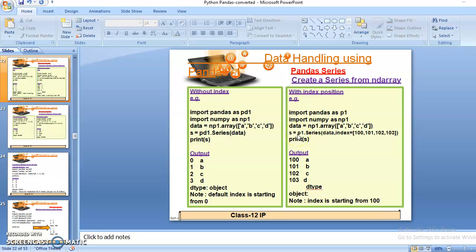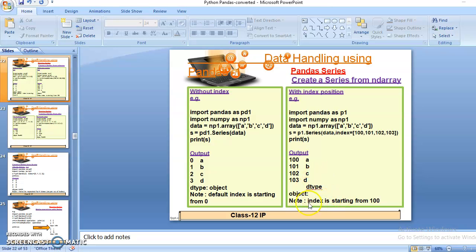So now for the output we will print the s variable, because the final result is stored in my s variable. When I take the output, you can see that the index of the array starts from 100, because you have mentioned it here. So 100, 101, 102 and 103, and the 4 array elements I have mentioned are a b c d. So in the first position of 100, a is stored, and 101 is the index number of the second element. In the same manner, till 103 the last array element is stored.